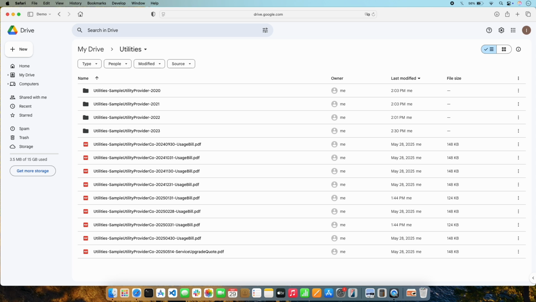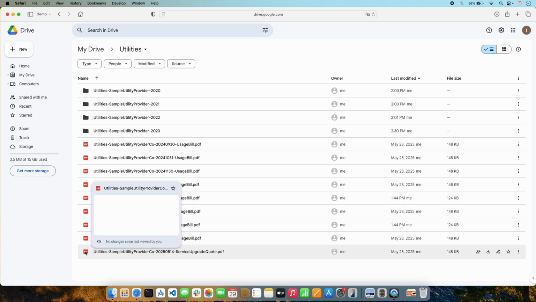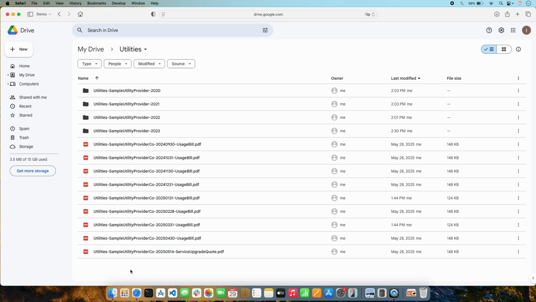Here's a great tip. If you're unsure exactly which file it is you want to download, perhaps because you have multiple files with similar names, you can peek at the contents of some files by hovering over the file's icon. A preview of the file will open. This is a quick way to confirm which file you want to download and is particularly useful with photos and documents.